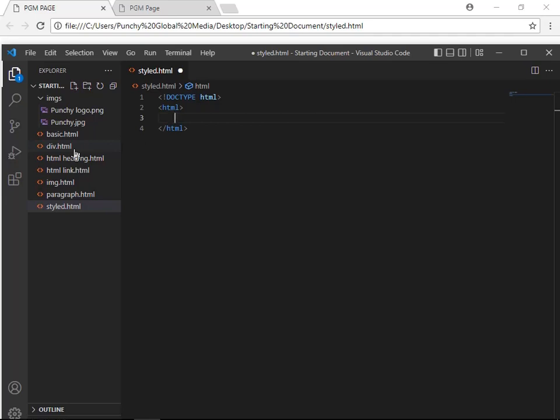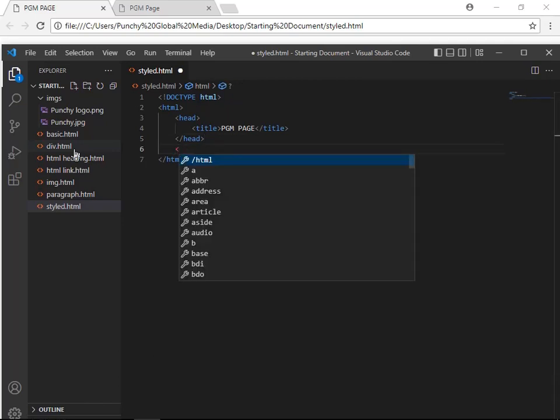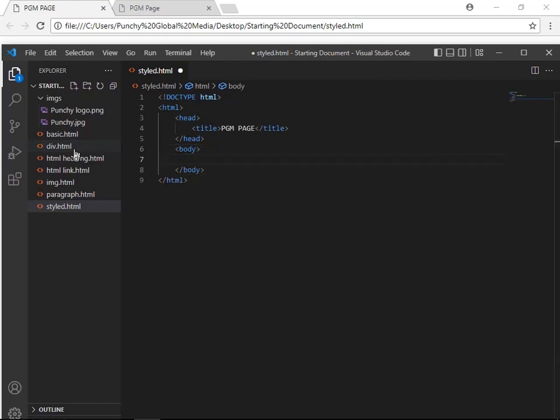So let's input the head element. Inside the head element, we are nesting the title element. So I'll call my page. So under the head element, let's declare our body section. So inside the body, let's